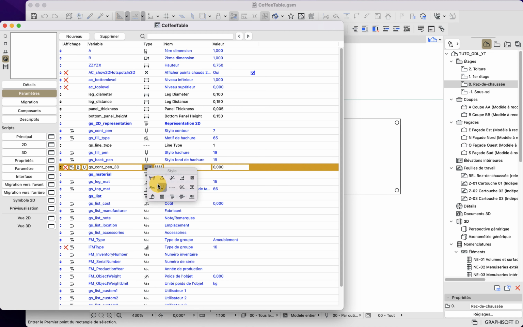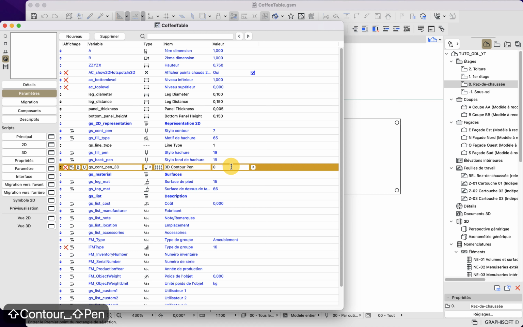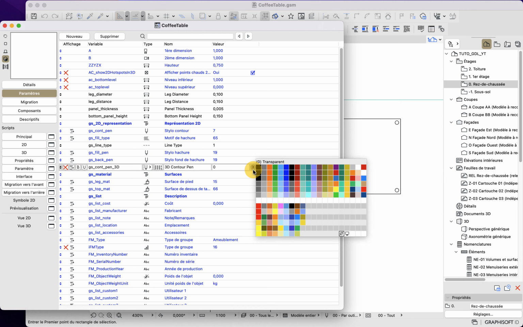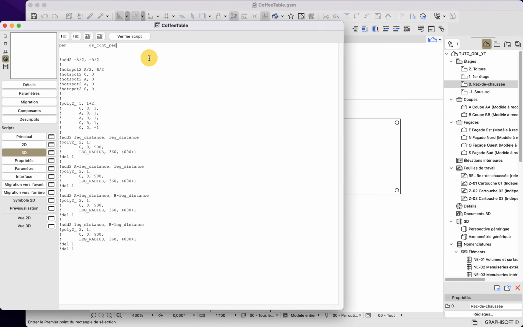This pen will be a pen type parameter, and I will name it 3D contour pen, and by default I will give it the same color, for example 7. Here I will go back and add this 3D suffix.